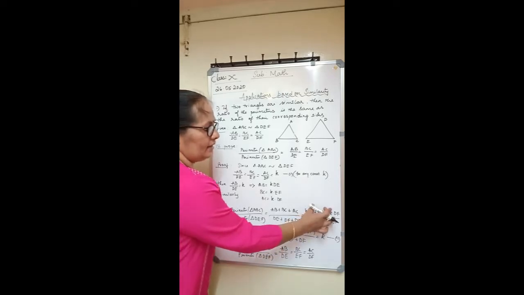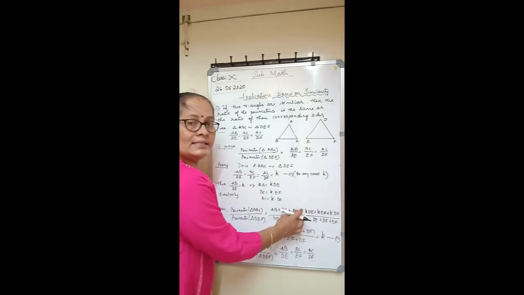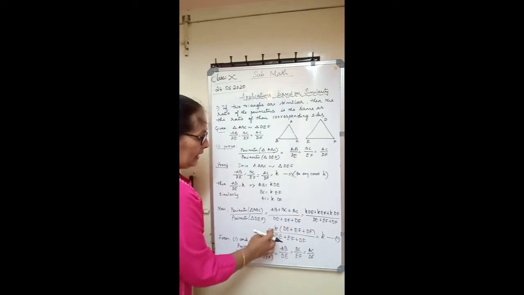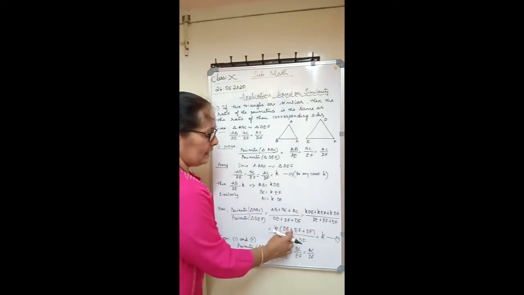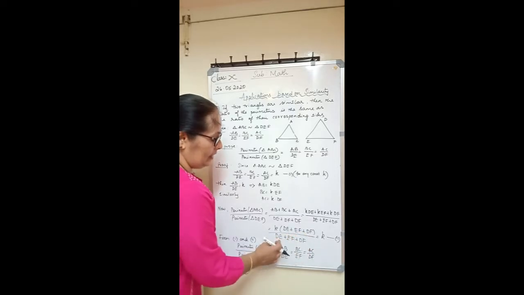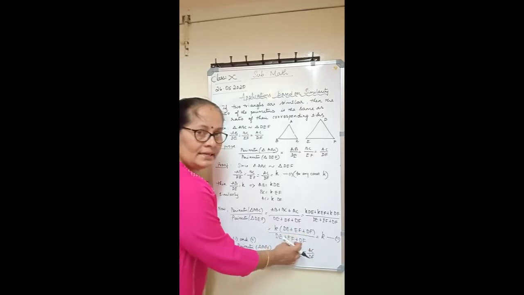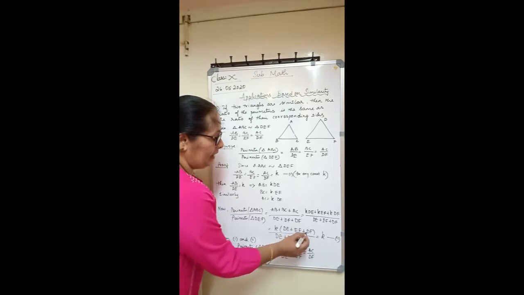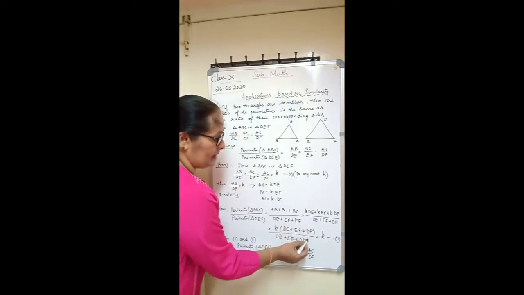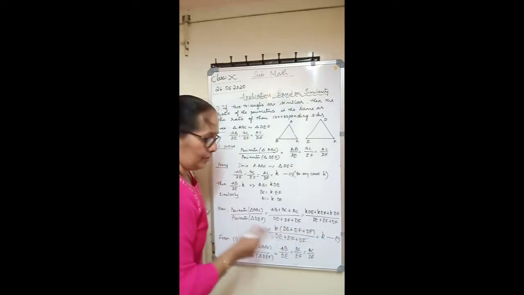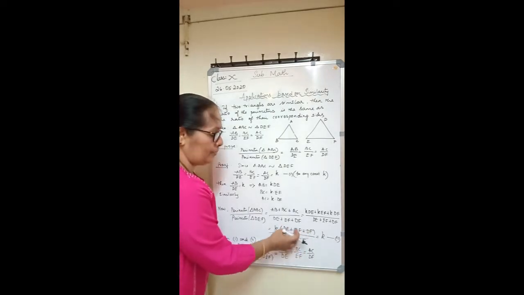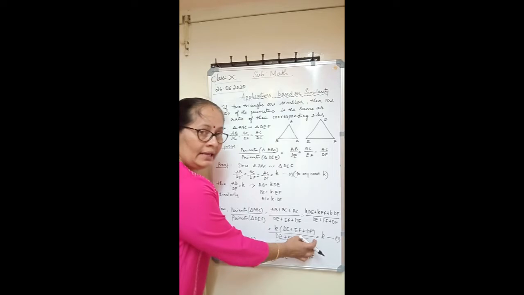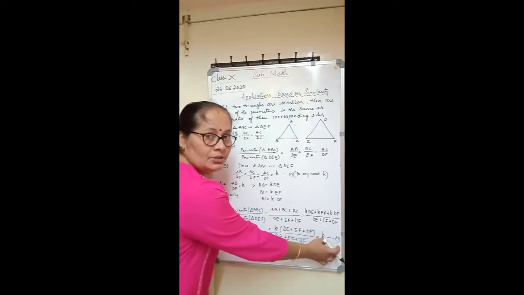Now, in the numerator here in this ratio, K is common. So take K as common. You get K into DE plus EF plus DF upon DE plus EF plus DF. On both the sides, DE plus EF plus DF is common. So you will get only K. So take as equation 2.